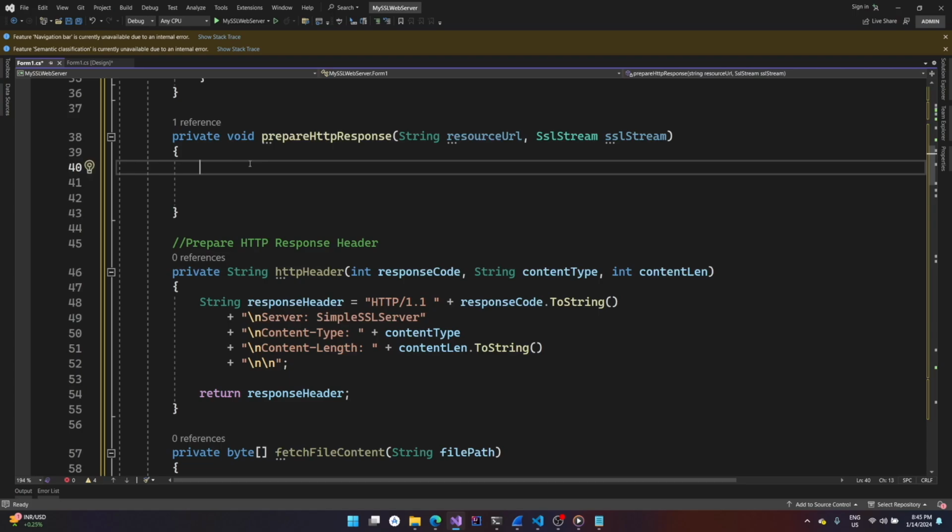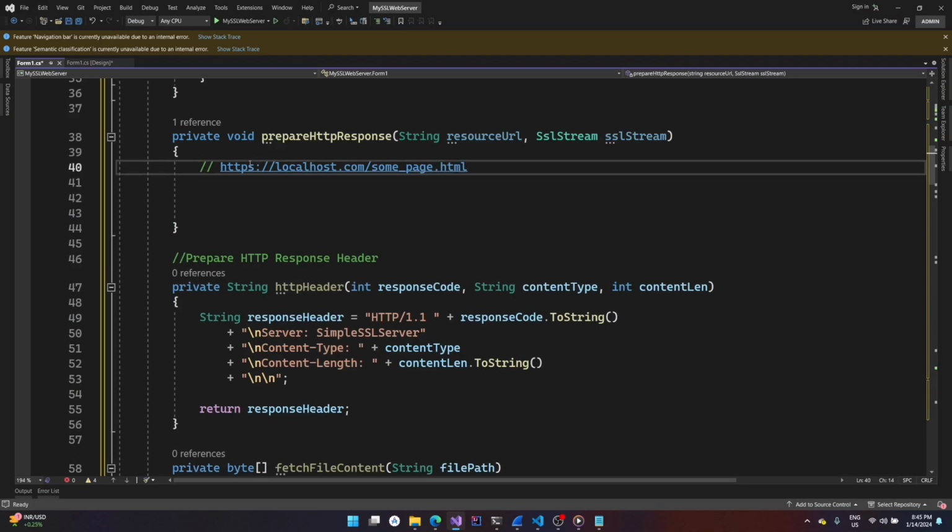Resource URL will only have the path to the resource. For example, let's say you are making a request to https://localhost.com, just any domain would do, and then say some page.html. The resource URL is nothing but slash some page.html. Now we have to prefix it with the www path, that is the actual path or the root